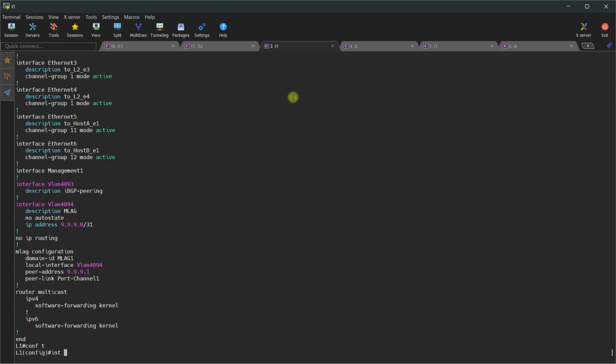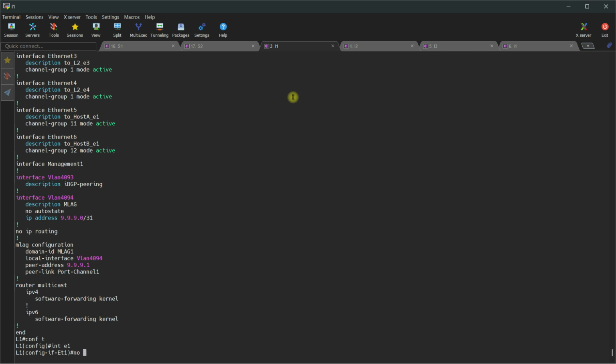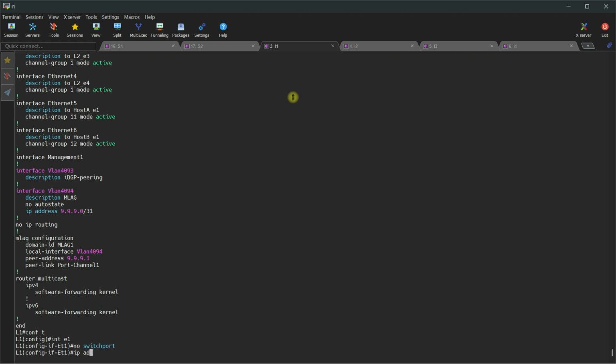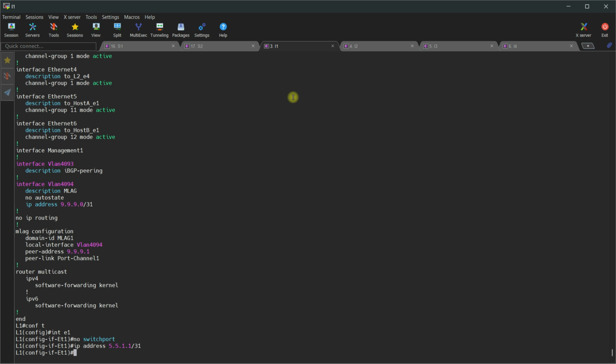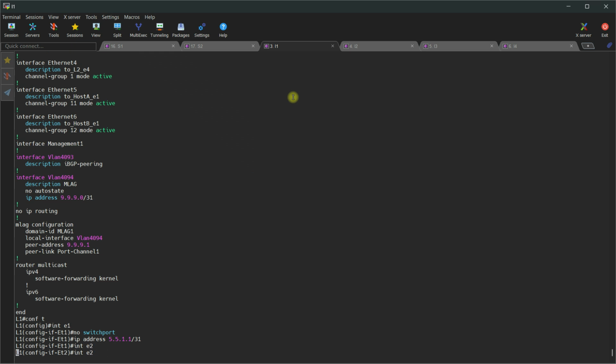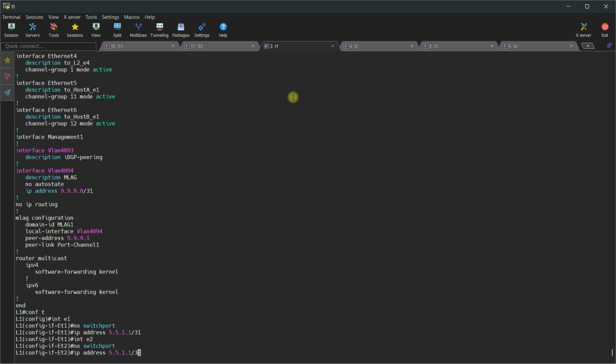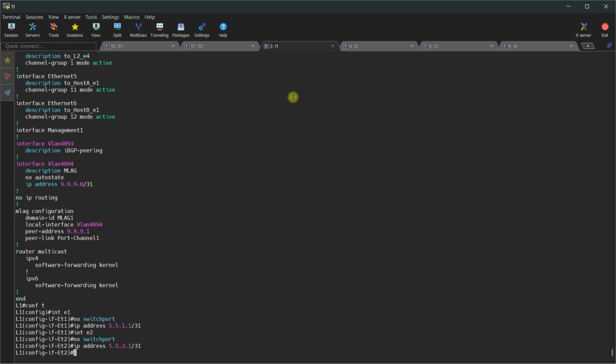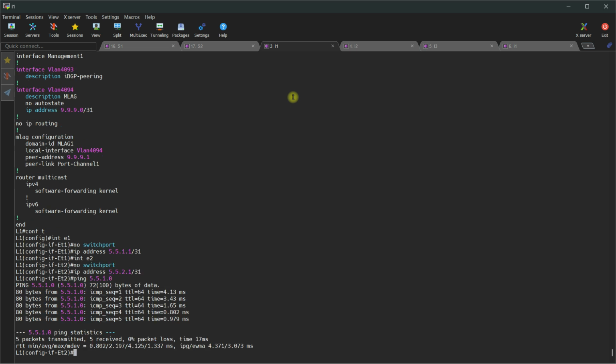config T, interface E1, no switchport, IP address 5.5.1.1 /31. Let's go for it here. So then E2, no switchport, and then this one will be 2 in the third octet. Now we can try pinging. Ping 5.5.1.0. That works. So that's the spine 1,